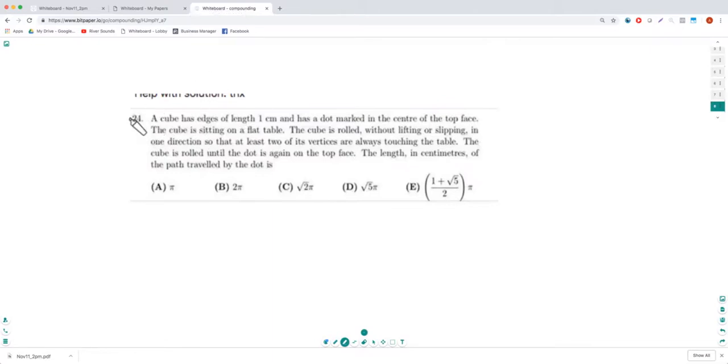Hello, somebody is asking a question. A cube has edges of length 1, so it's a cube here of length 1,